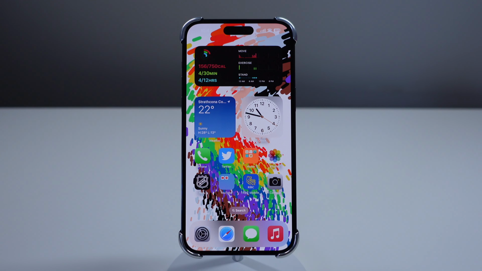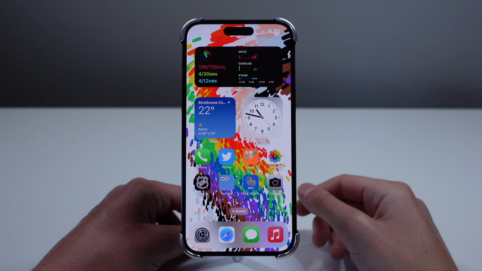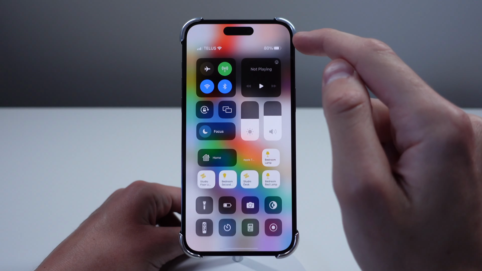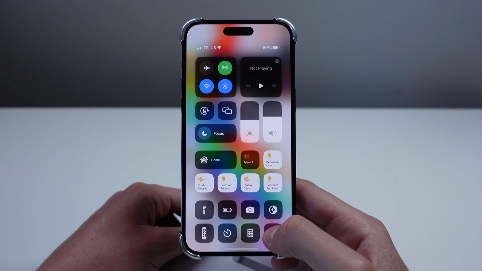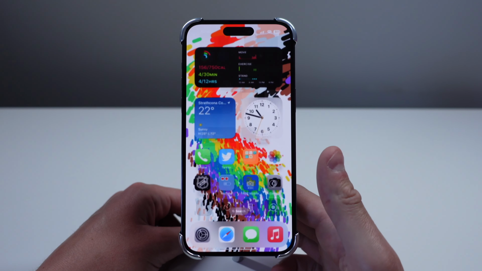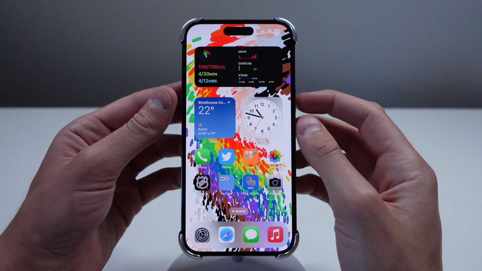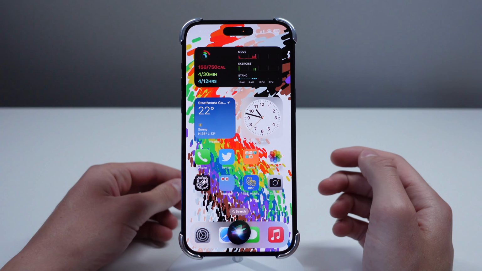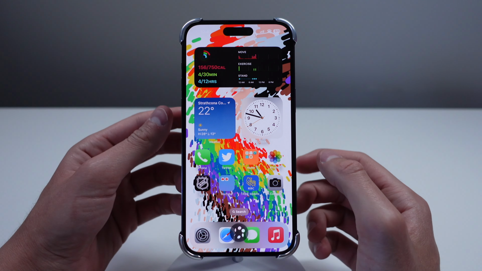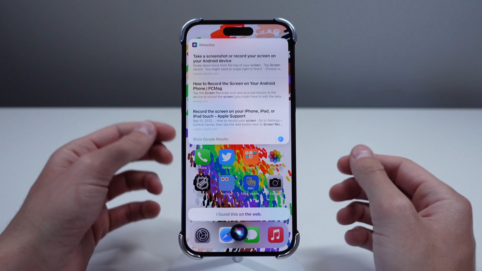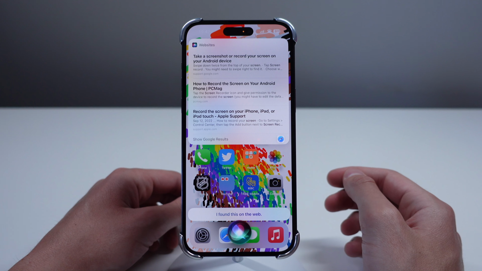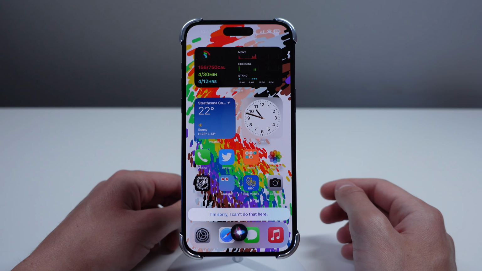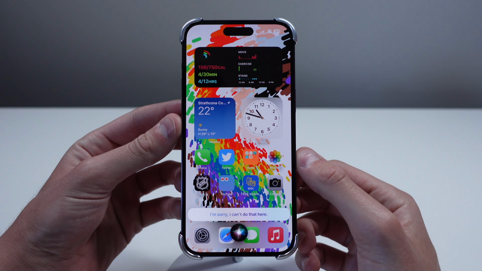One more feature in iOS 16.5 that was included as a part of the release notes for Beta 1, I cannot get on my iPhone for some reason. So when Apple first came out with iOS 16.5 Beta 1, they said that you had the ability to start a screen recording with Siri. Now, I was not able to get this working on my iPhone, so what I want you guys to do is when you update to 16.5, let us know in the comments if Siri lets you start a screen recording. Maybe it's just a glitch on my iPhone, but for some reason I can't get it to work no matter what I do.